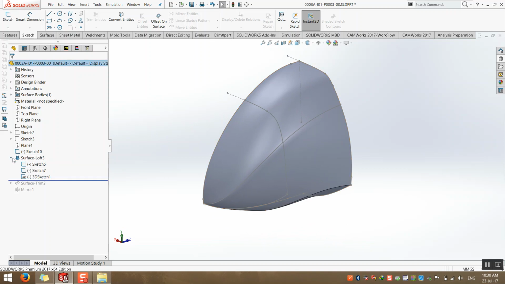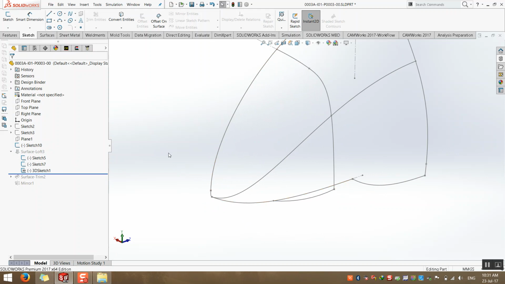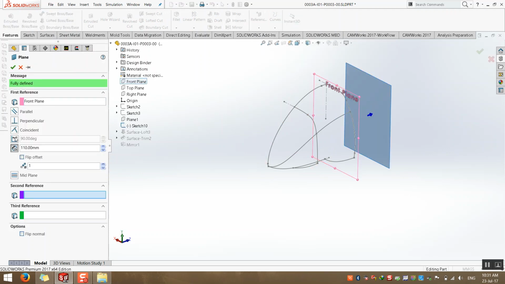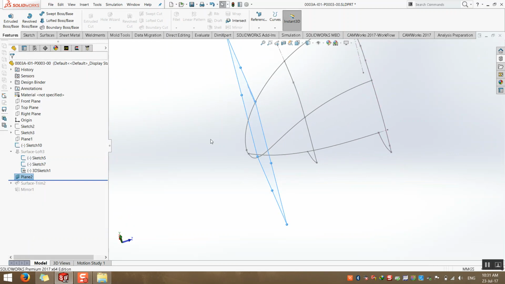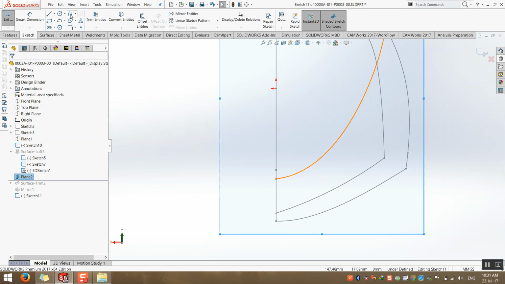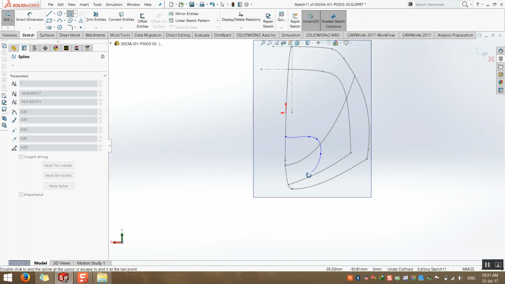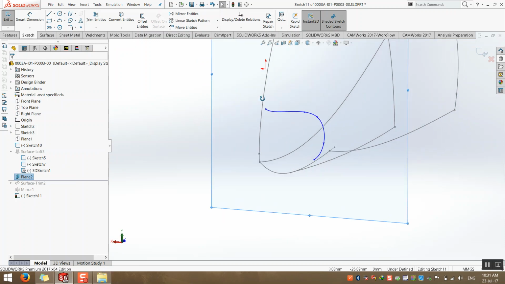It means that we will go again, suppress, and get another profile, a smooth profile here. Okay? Sketch the same. And find this,